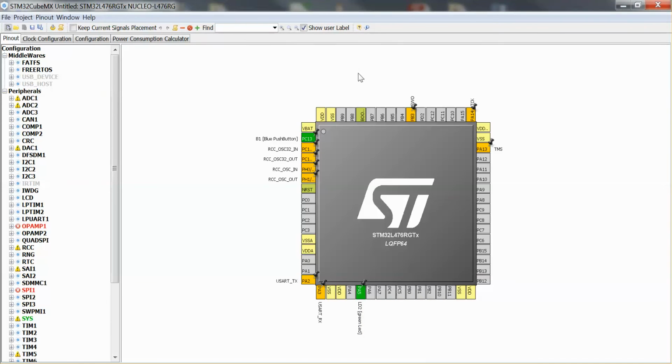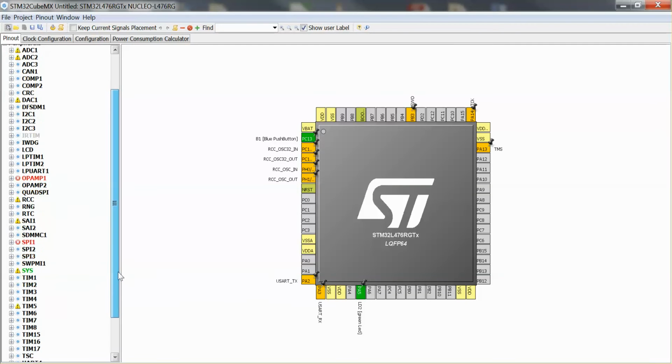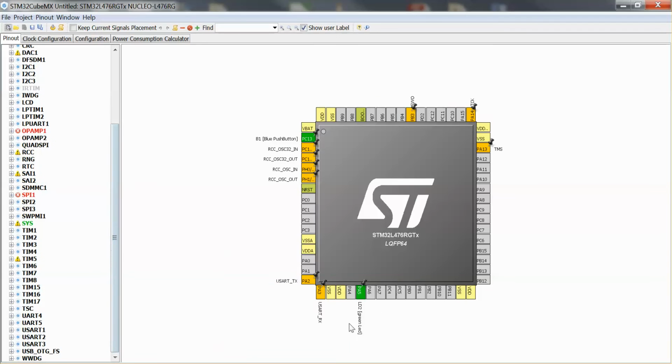I will do a very simple demo. I will use a timer to blink an LED, okay? But just to give you an idea of how Cube and the System Workbench and the drivers cooperate, okay? So as I said, I want to use a timer to blink an LED,